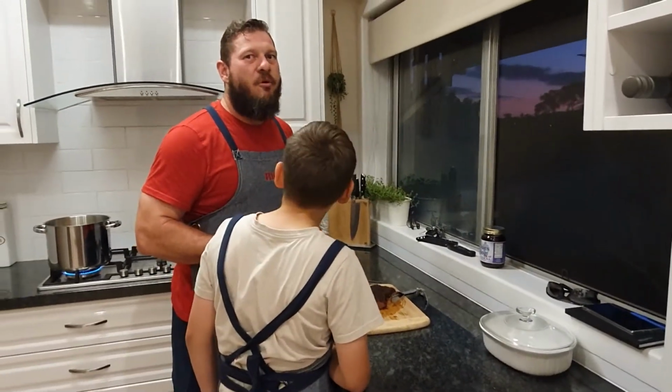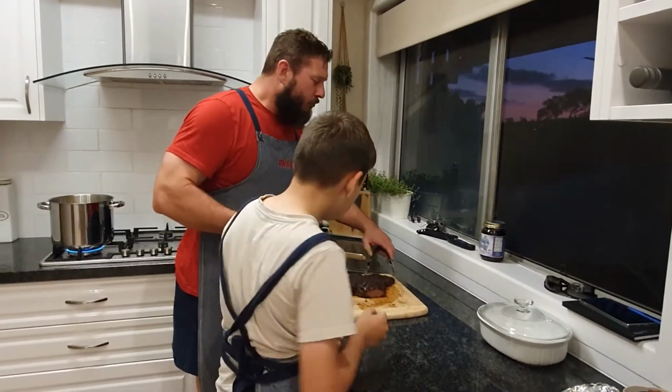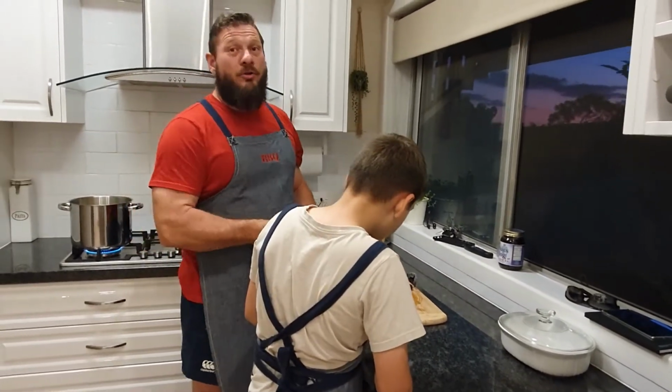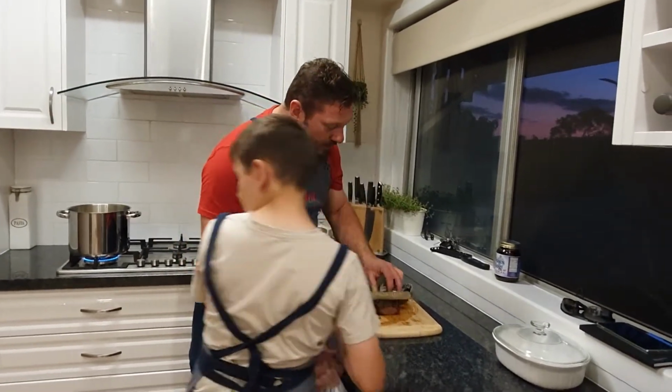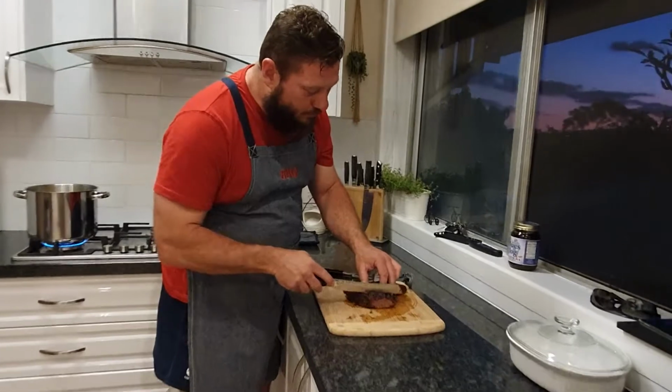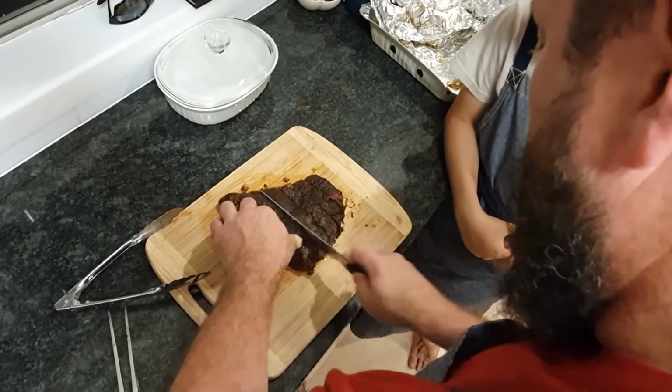It's like jelly. Mmm. Alrighty. So, we're making burnt ends out of the point. What that means is we're going to cut them nice, about inch big cubes. Then what you do,